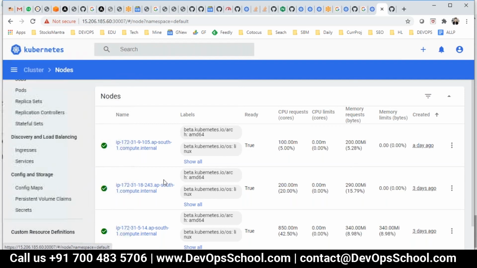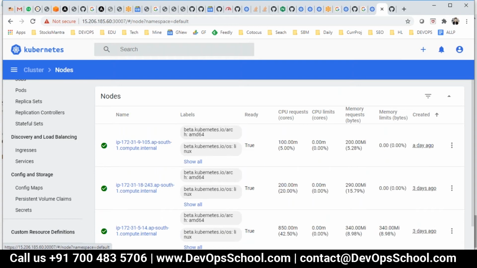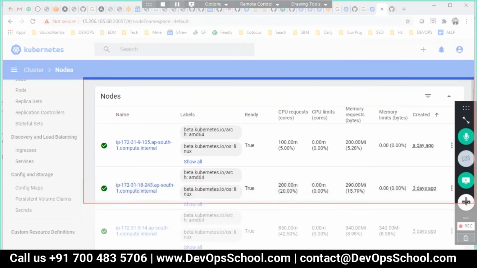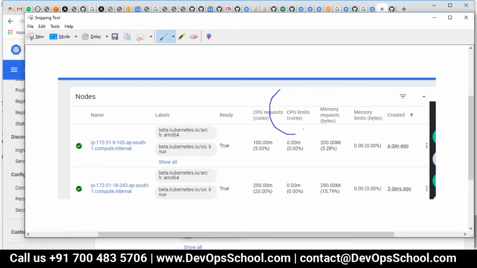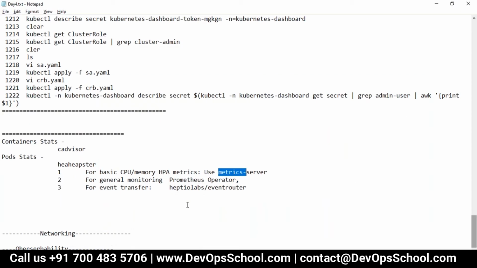Did you understand this? Guys, did you understand this? Hello, are you there? Yeah, so metrics server gets the data from somewhere, right? That is called scraper, and scraper is running in your cluster and gets you the data.